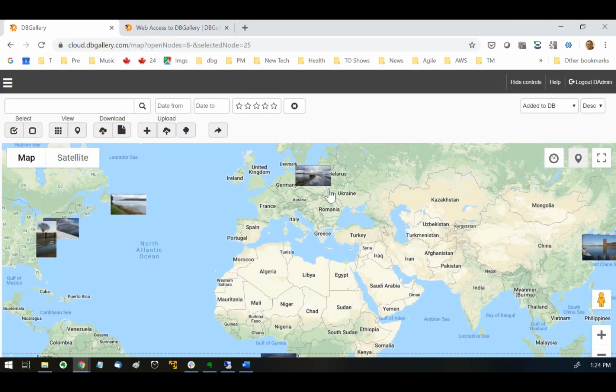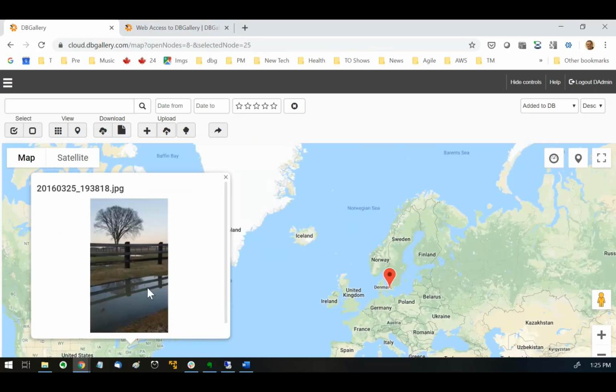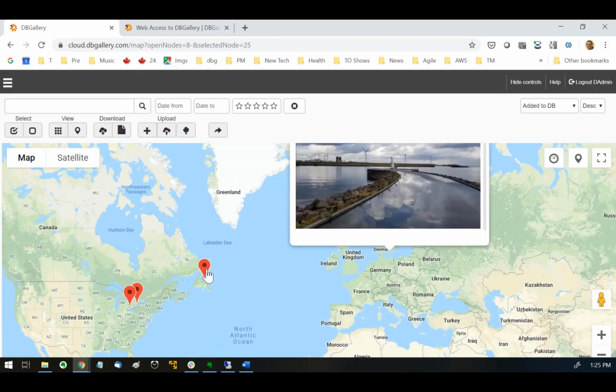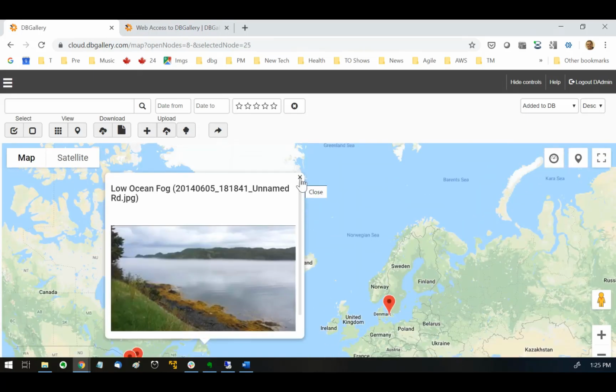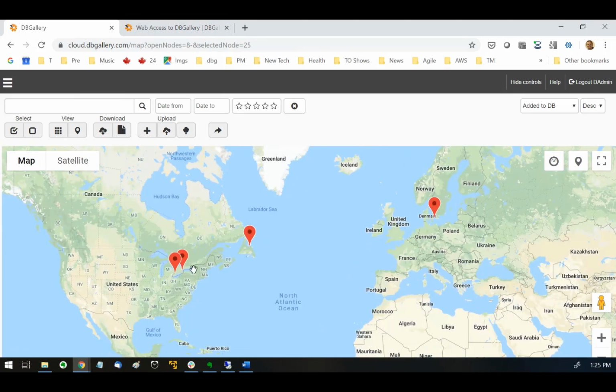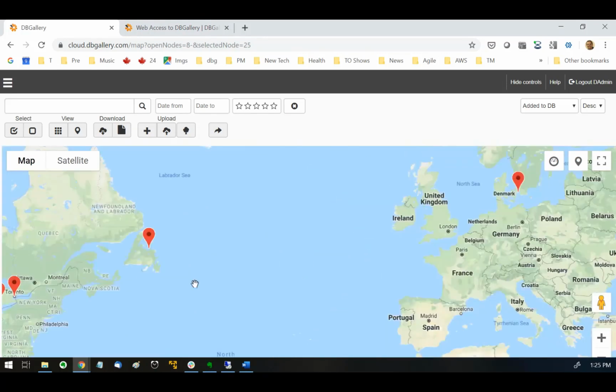Now, they can be shown as little thumbnails, or they can also be shown as the more typical Google Maps markers. And what we're doing here is essentially integrating with Google Maps. If you were to click on one of these images, you can see them. Now, this isn't useful for a lot of clients, but you'd be surprised how many of our clients do actually use this feature so that they can zoom in on a specific state or country and see those images